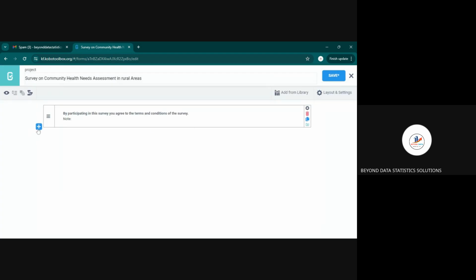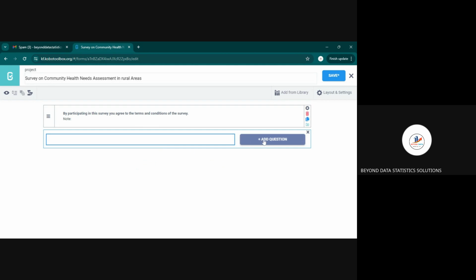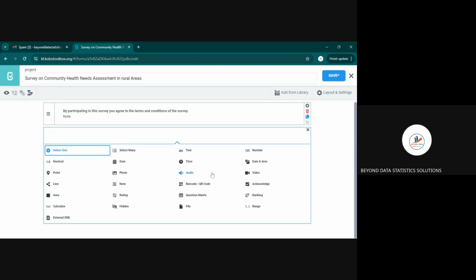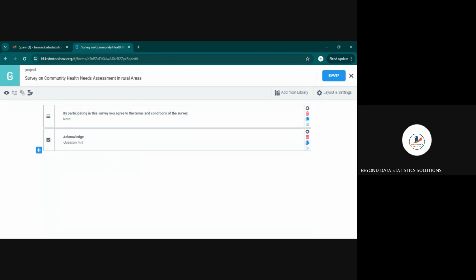So here you can provide something like I acknowledge. Remember, there is a question here, type of question. So the study is going to use majority of this type of questions here. But now you can see how this works. So I acknowledge is part of the questions in KoboToolBox. So for you to proceed with the survey, you must acknowledge that you agree to the terms and conditions that we provided here. So again, we will preview